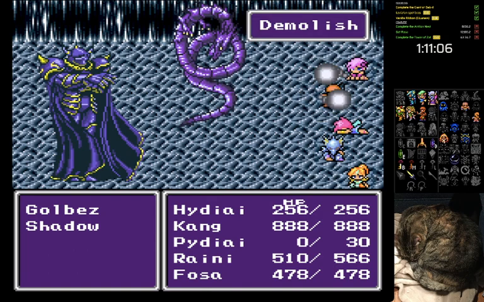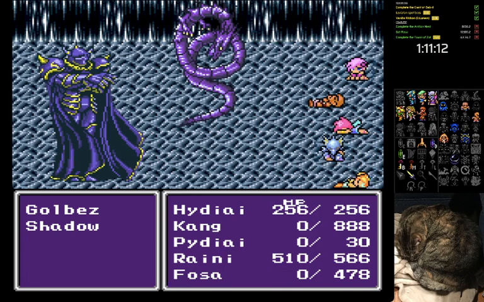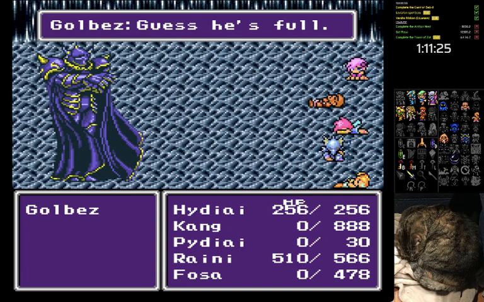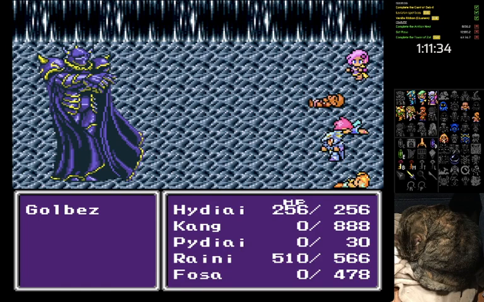Okay, that's good. I like seeing Yang gone. Rosa is fine. Yang is the best person to go down first, honestly. Because if Kain stays up, it's like, okay, that's fine. I don't hate Kain. But Yang is like, I don't really know why I'd use you long term. Although, I guess if I got an Ice Claw, that would be good for Rubicante. But Kain's got an Ice Brand, so...